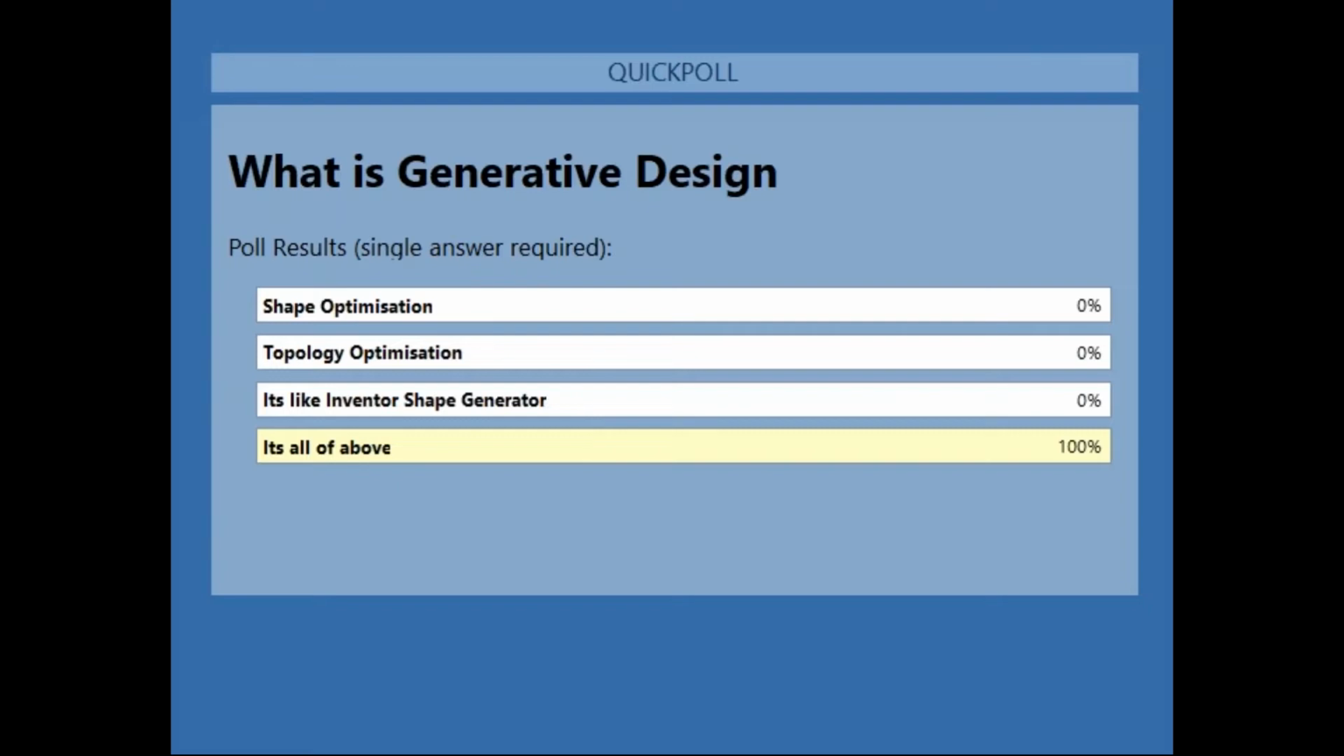Okay, well, thanks very much for the poll. As you can see here, it's shape optimization and topology, and it's a bit like Inventor Shape Generator as well. But it is a lot more than that. But before we actually go through the specifics of generative design, I just wanted to find out if any of you guys have sort of experienced